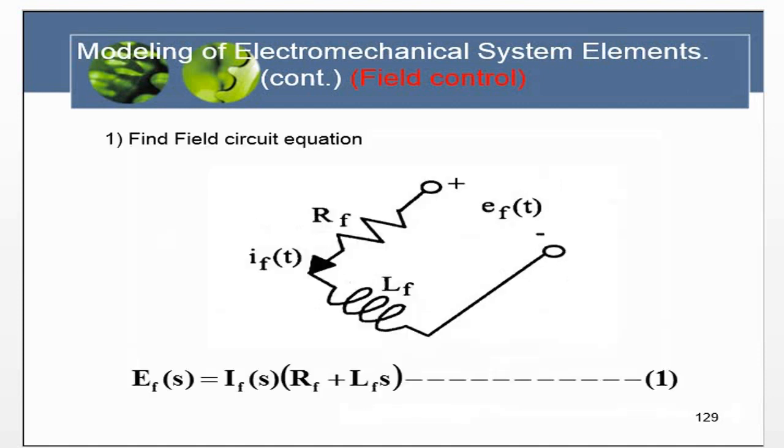Okay, that is the field circuit. For this field circuit, applying Kirchhoff's law, we get this formula. And then E_F, we see here E_F is equal to the voltage here and the voltage here. Voltage in R_F and voltage in L_F add up to E_F. This voltage plus this voltage, or in the Laplace form, like equation 1.